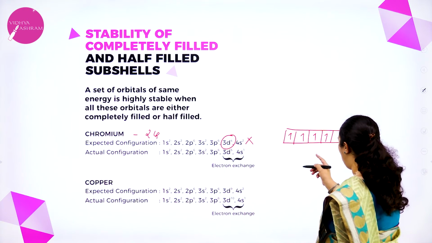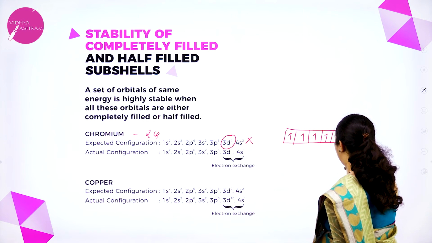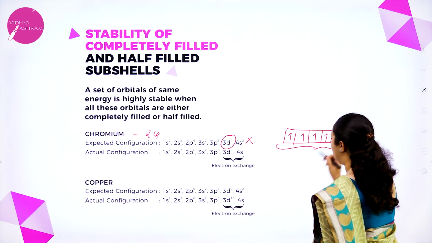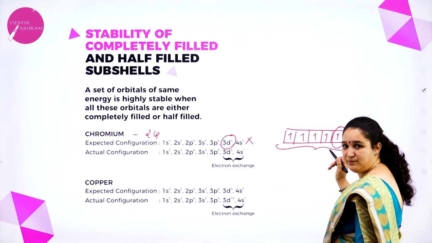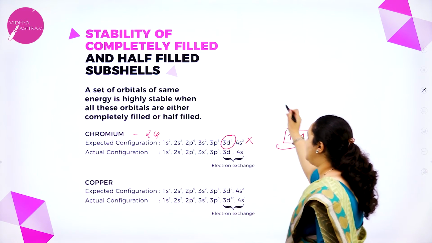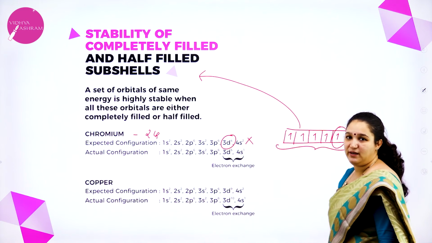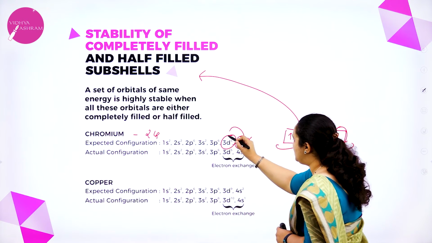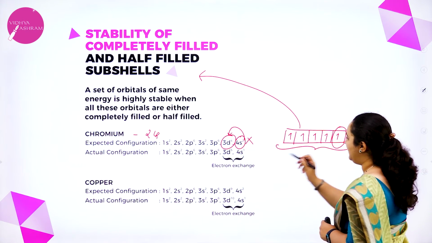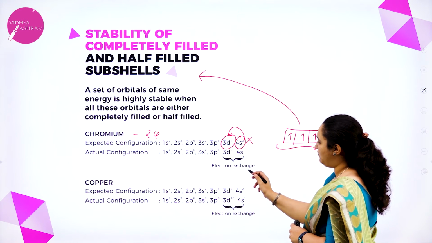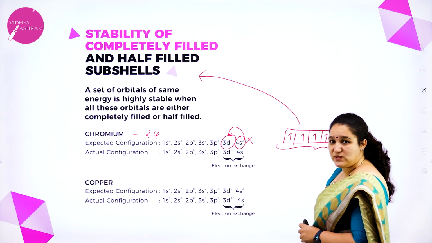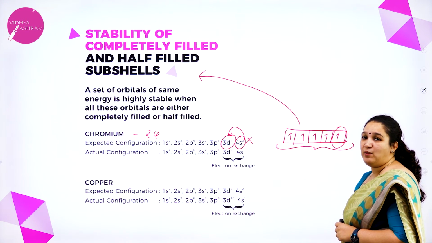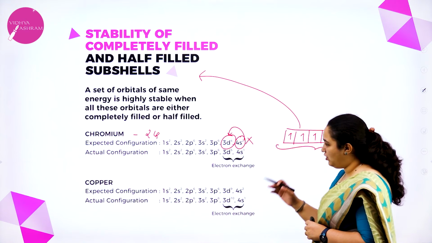Now if this D orbital gets one more electron, this one more electron comes in, it becomes half filled now. D orbital is half filled. If it is half filled, they get extra stability. That is the reason one electron from 4s will jump to 3d, and 3d5 we get and 4s1 we get. So there is an electron exchange which is happening. Okay. That is about electronic configuration of chromium.